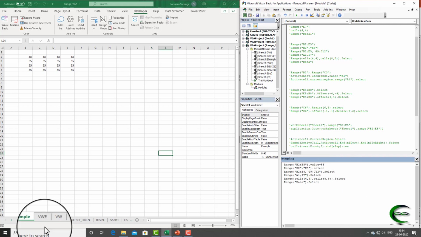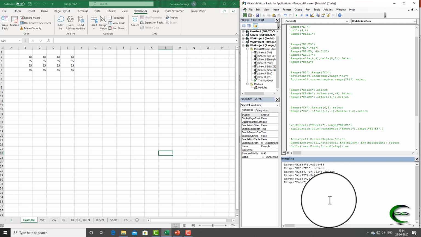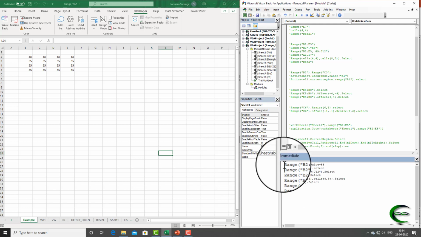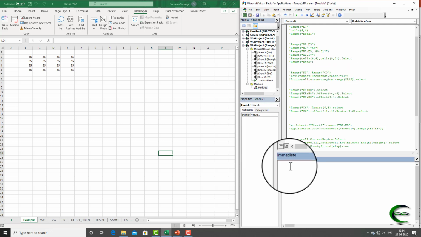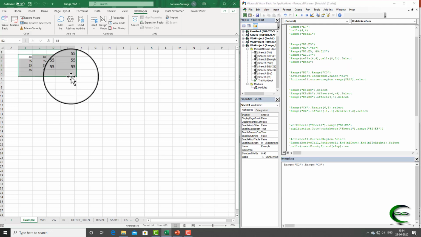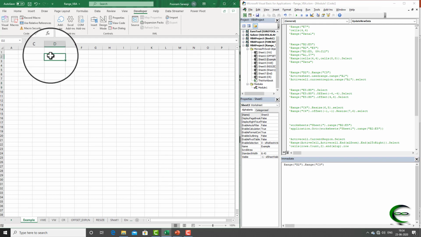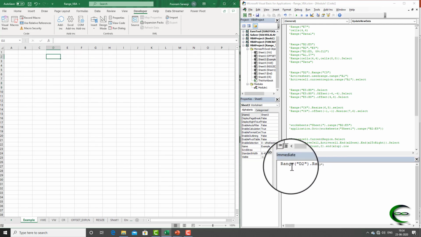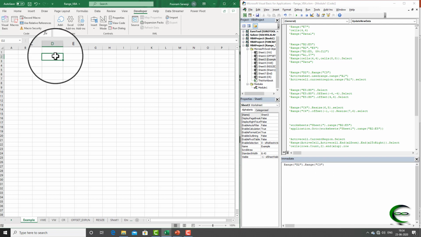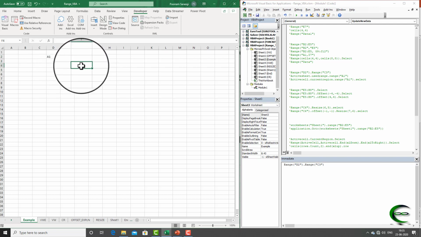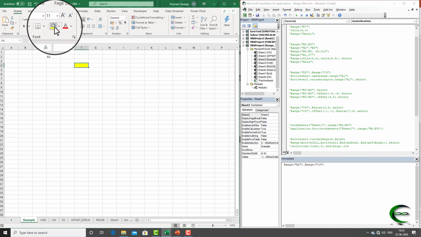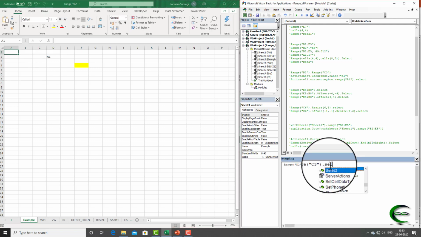Next is the virtual worksheet. You can refer to a range with respect to another range. For example, if I refer to Range C3 with reference to D2, so where is D2? D2 is here. If I refer to C3 with reference to D2, Excel will consider this D2 as A1, and from here Excel will select C3 for me. A1, B1, C1, C2, C3. So Excel will select this cell. Let us see, with .Select mentioned.